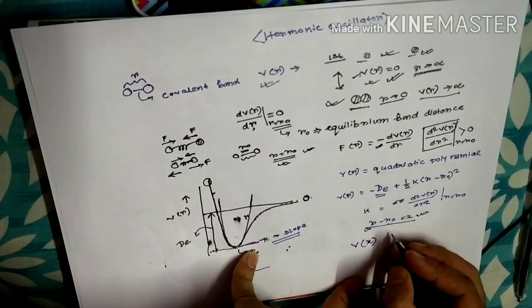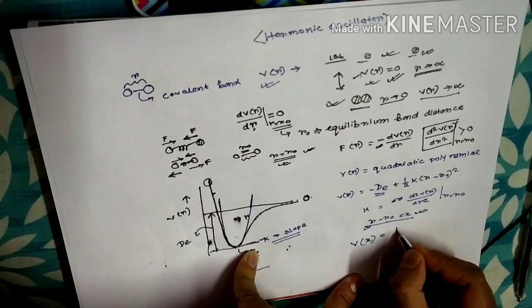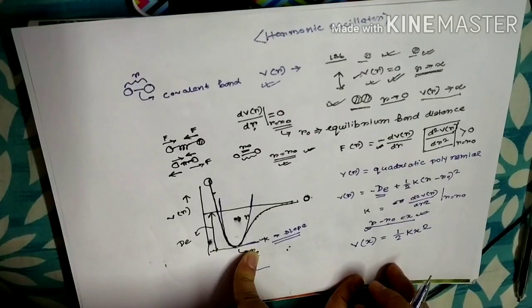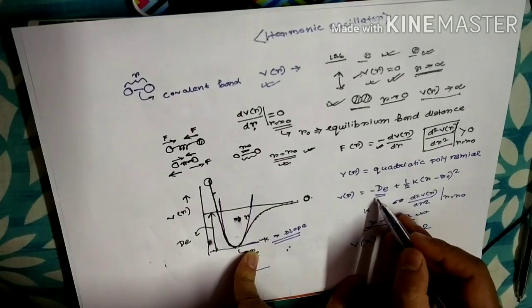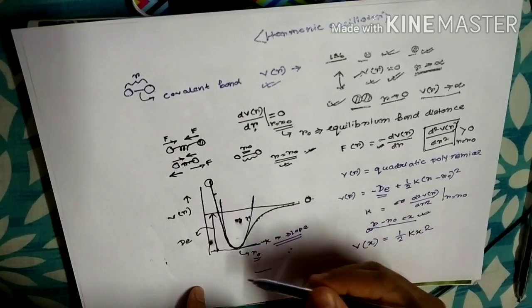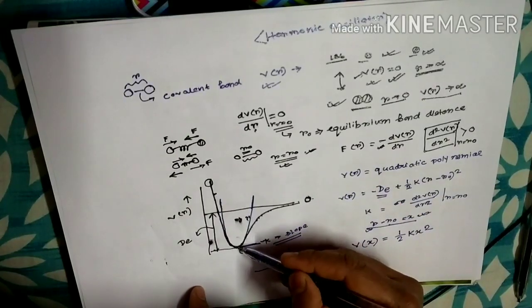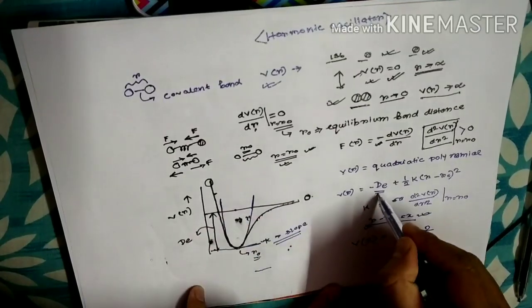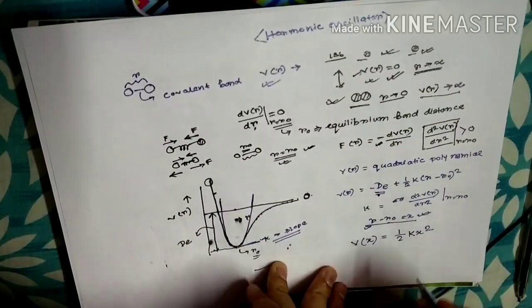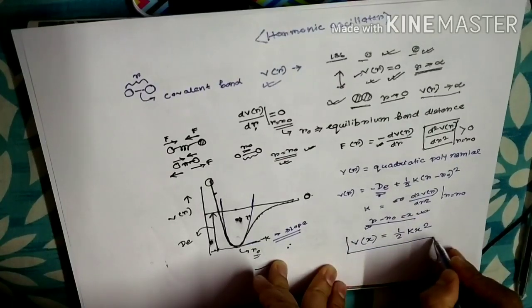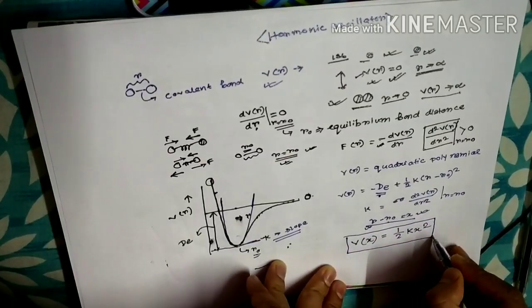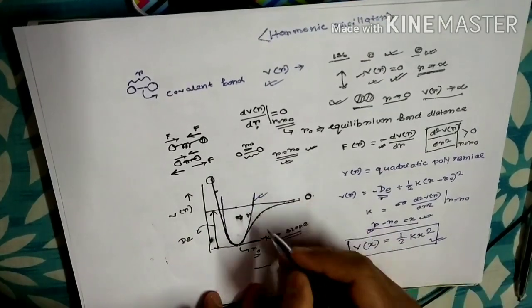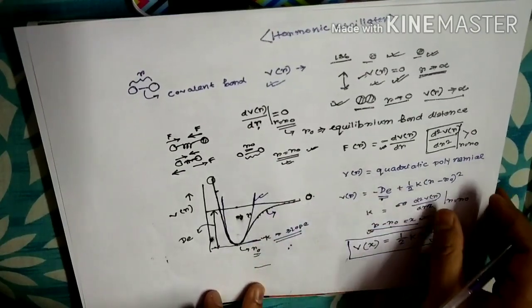It will look like V(x) equal to half kx squared. You can see that we can omit this minus dE part, so that our reference point changes from this negative position to the zero position. Since our reference point changes, we can omit this constant part, and our potential energy function becomes very simple. It is a very simple parabolic system with the equation half kx squared. This is the model system, and this is the actual system.